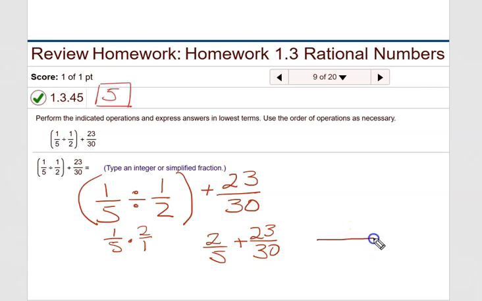23/30ths. Now, as we just mentioned, in order to add fractions, you must have a common denominator. So between a 5 and a 30, what would be the common denominator? Well, it would be 30. Now, this one already has the common denominator. And I should clean that up a little bit here. That's better. And we now want to make this 2/5 into an equivalent fraction, but that has